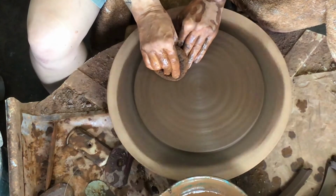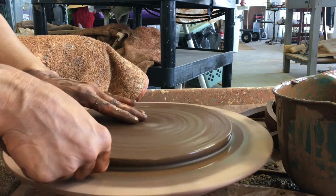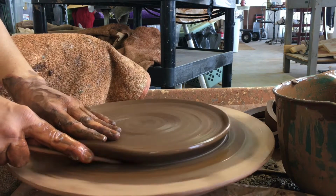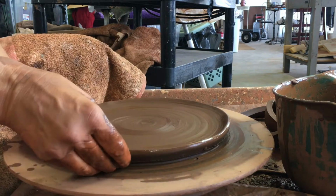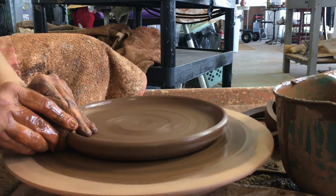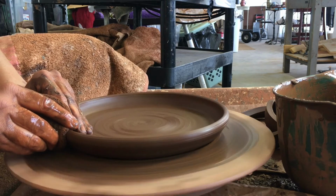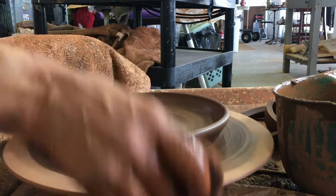And then I am just sitting here going through a little compression, a little shaping, much like the last plate. I just go and pop that off a little so that I can just grab a little bit of the clay on the side and just lift it up to create a little bit of a wall. Nothing much. It's not dramatic, not crazy. Once I get that settled and not so shimmy,